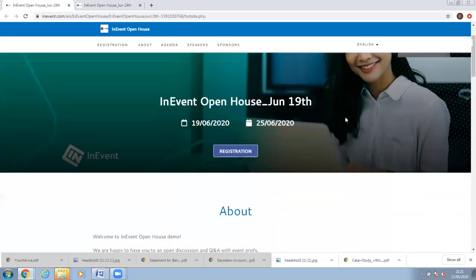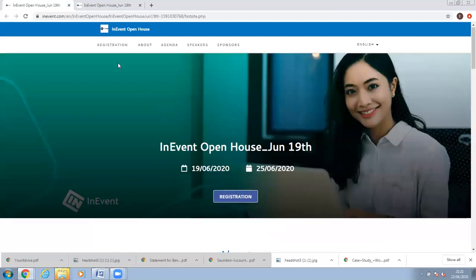So as you can see, when you land on your event registration page, you can actually swap in and out of this particular banner here. So the image that you see here can be changed, the title along with the dates can be changed. And one of the great things about these types of platforms is, if you want more than a one-day event,